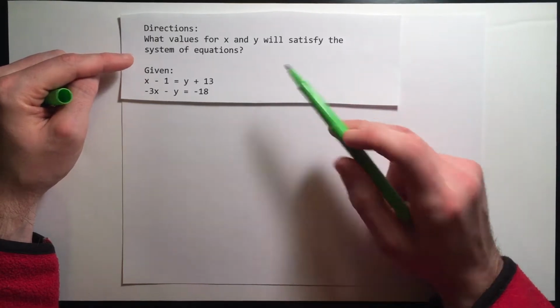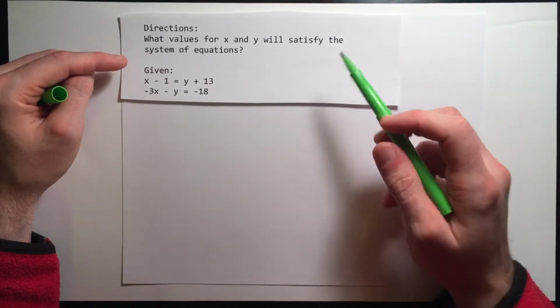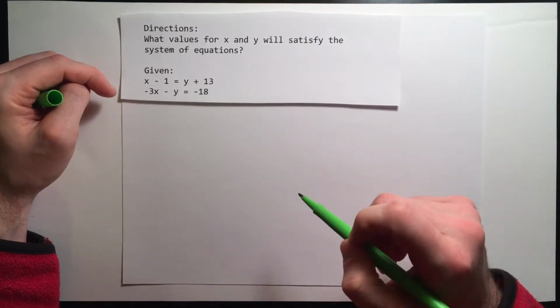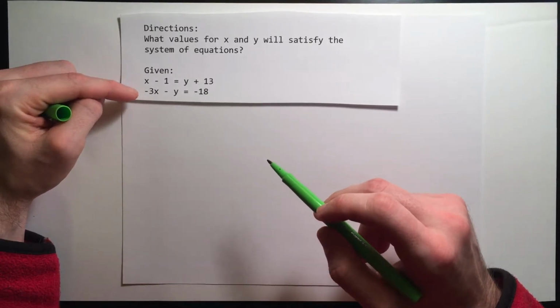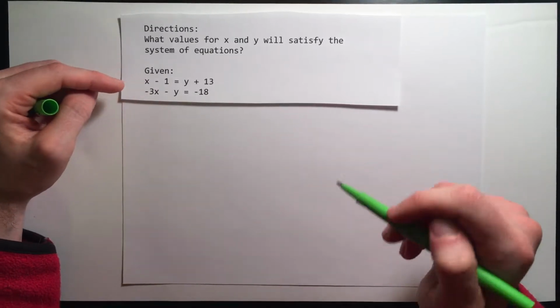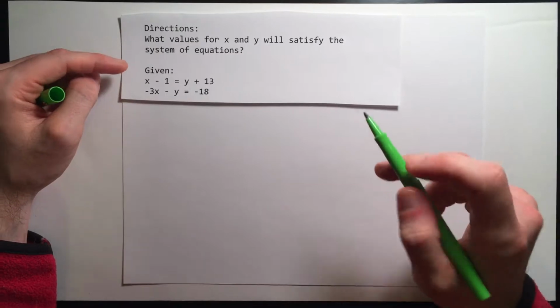For it to satisfy the system of equations, those numbers would also have to work for the second equation. So the same two numbers, plug it in for x, plug it in for y, and you would multiply negative 3 times something minus something else equals negative 18. Now you're not guaranteed that there's a solution, but